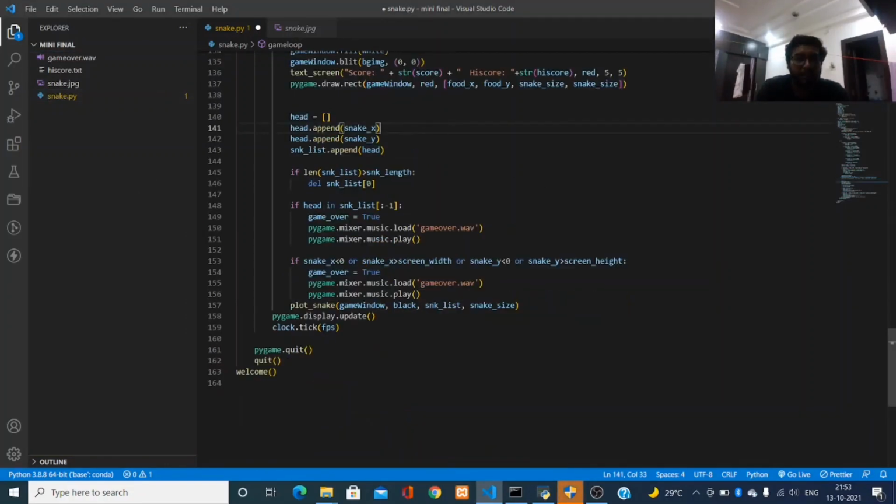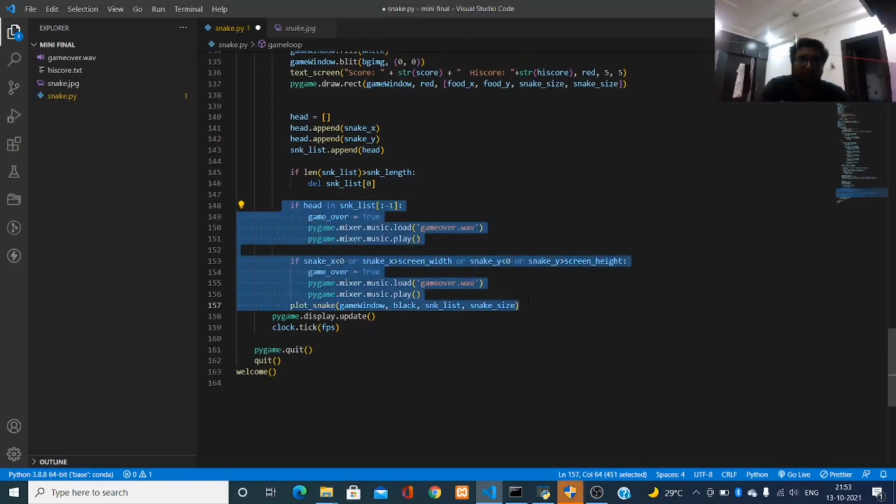Then I have created the head list. I have given the value snake x and snake y in the head list. Then I have given the head list value to the snake list. Then this part is for game over. Like if the snake touches itself, then the game over equal to true, and the game over dot wav file will be called.